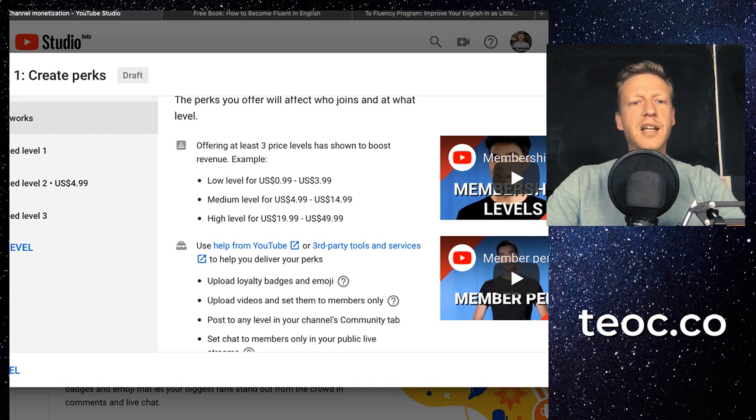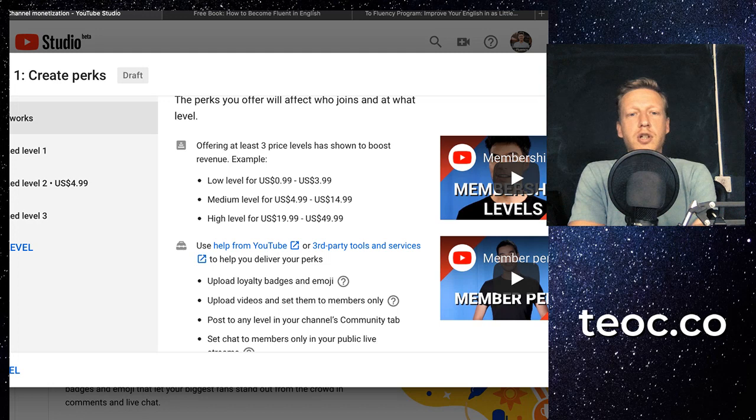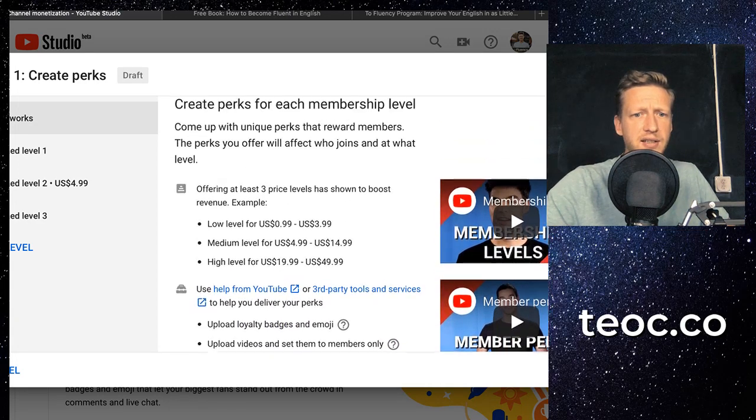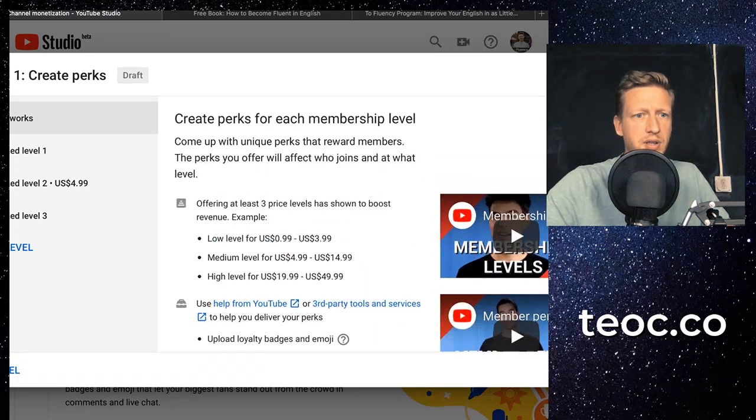Now what it's saying here, low level, they recommend between $1 and $4, ignore the $4.99. Medium level 5 and 15, and high level 20 and 50. So you can say, for example, it's $2 for the low level, 7 for the medium, and then 25 for the high level. Now, the kind of perks you can offer here, if I start setting this up,